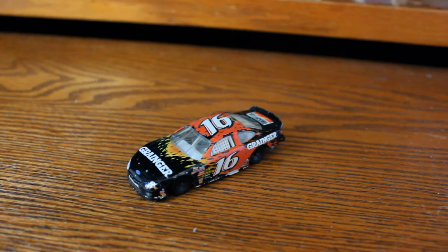I think I've talked about the problems with Hot Wheels brand diecasts from the early 2000s before, and this one perfectly exemplifies it. Hot Wheels used to do their cars, instead of just printing the decals on it, they had a solid bodied car, and then they had kind of a wrap that went over it, like a clear film with all the logos and the paint scheme on it. And so when it chips off, it's hard to tell here, but you can see the black